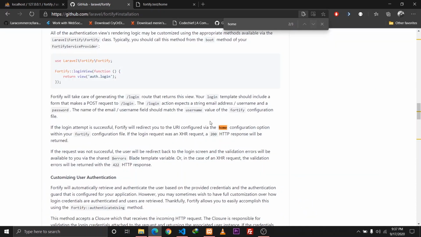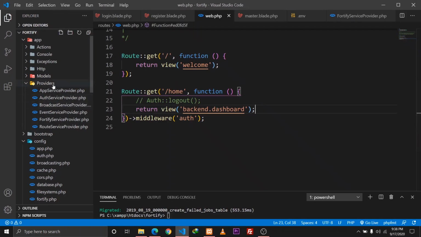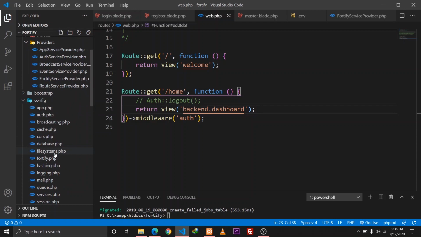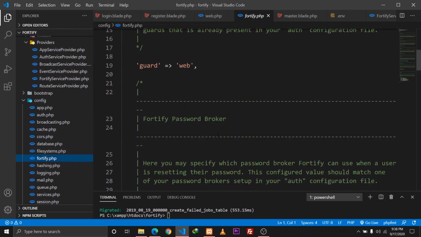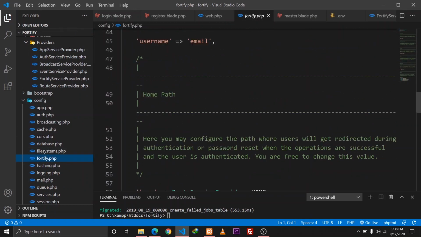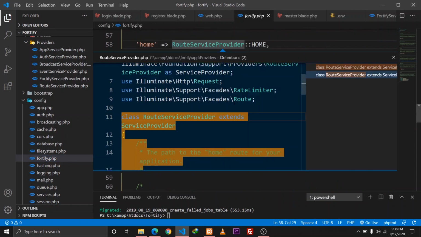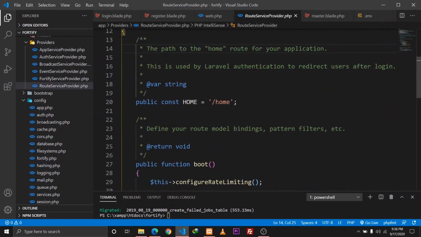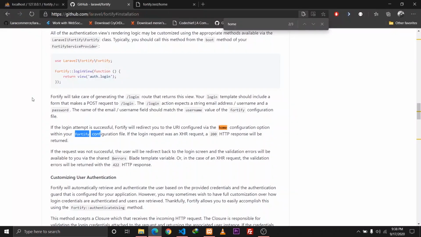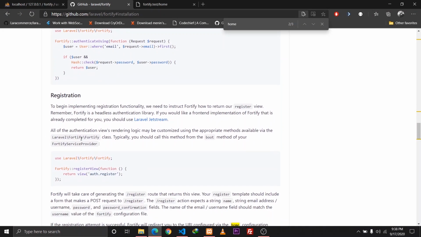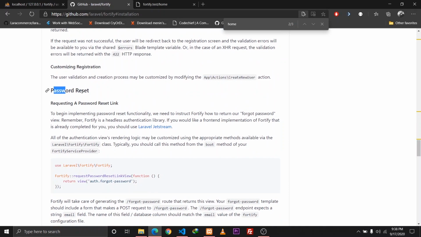Yes, Fortify configuration file. We have a Fortify configuration file in our config, fortify.php, and in here we have a home route defined. For home, it will go to route service provider home, and here we have defined that home. So after successful registration and login, it will redirect us to this route. We can change that from here, and probably in the next video we'll be talking about the password reset